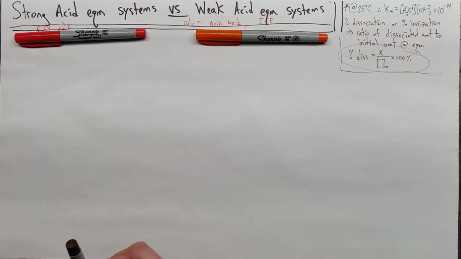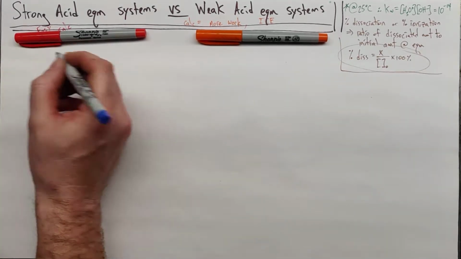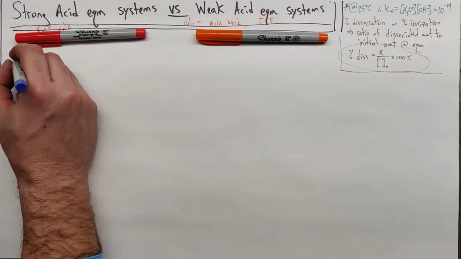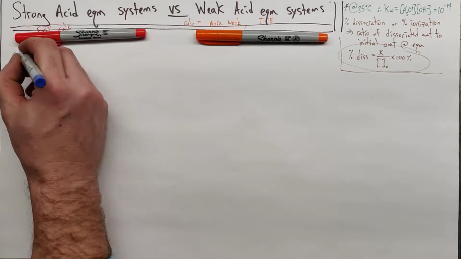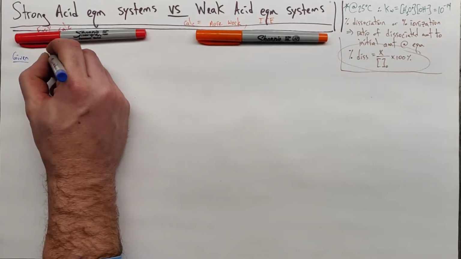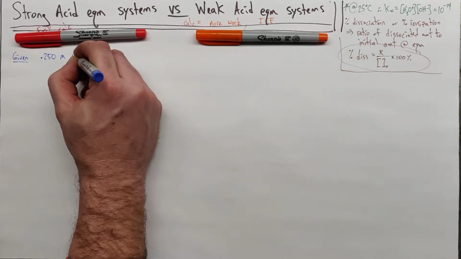So the type of problem, let's write out a question that we could ask here. So we're going to be given something. I want you to calculate some stuff. All right, so given some acid concentration, 0.250 molar HCl in this case,